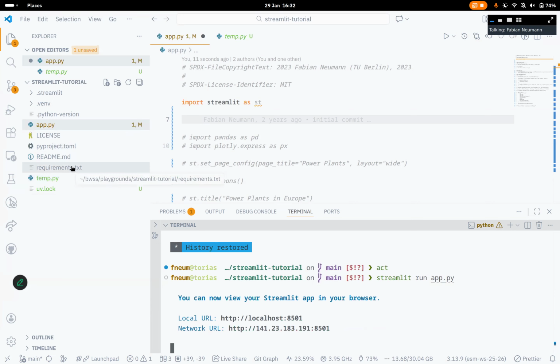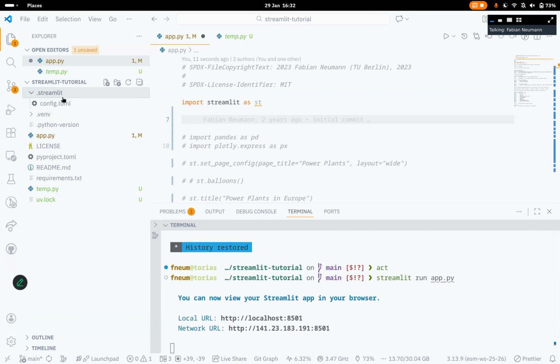There's actually not too many interesting files in here. There's some file that manages the requirements here using pip, but could be a conda environment. And there's an app Python file, which we're going to work with and actually import Streamlit here as st, and the rest is just configuration. There's actually not much information there. Maybe we'll look into it, but at the core, we just have a single Python file and Streamlit installed. And now in the command line here, I have activated the environment where Streamlit is installed. And I say streamlit run